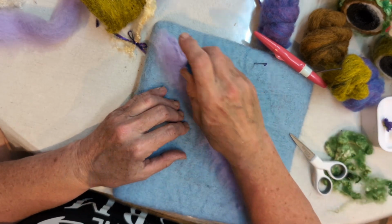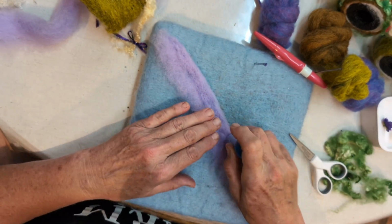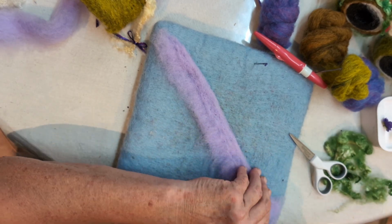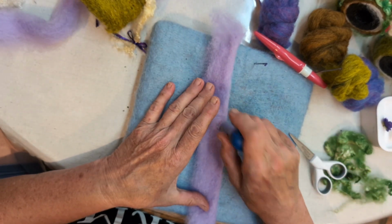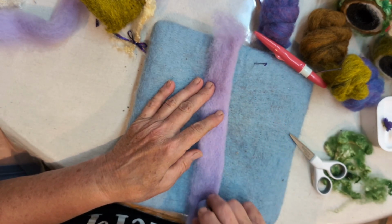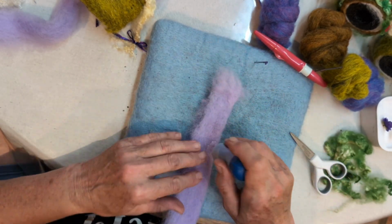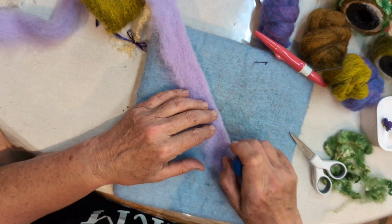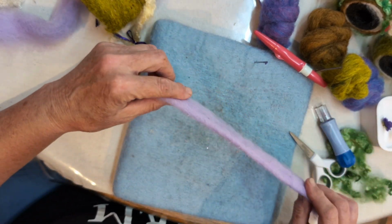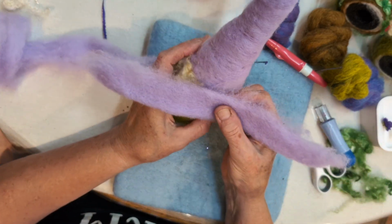And we can use our tool again, now that we flipped it up. And we're going to do this, flip it over. We have our little brim. You can keep going, but I don't find a need to felt it